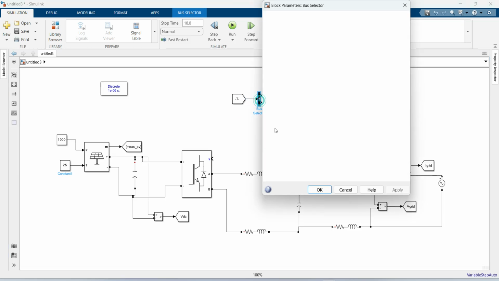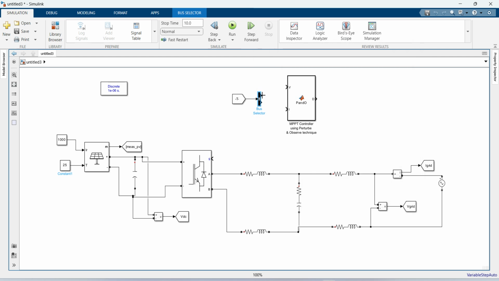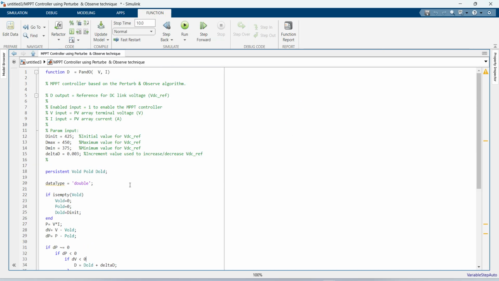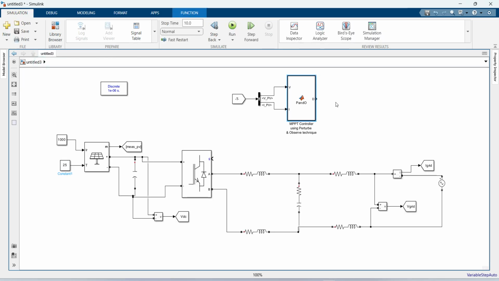Okay, this is V and this is I. Click OK. This MPPT controller will give us the reference DC voltage, and from this we have to generate the gate pulses